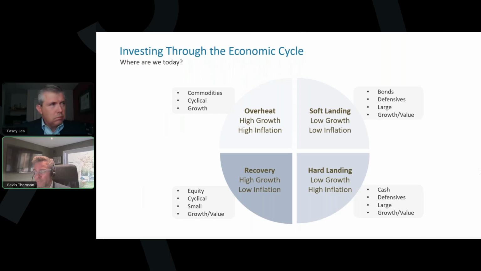We've come from a period of high inflation, but inflation certainly remains sticky. And I was reading something this morning talking about 3% plus inflation still expected in the US. So we know the sticky inflation is leading central banks to lower rates at a slower pace than initially anticipated. Growth is slow, but has generally held up. So really, when we add all this together, we're pulling somewhere between that overheat and recovery stage, which is